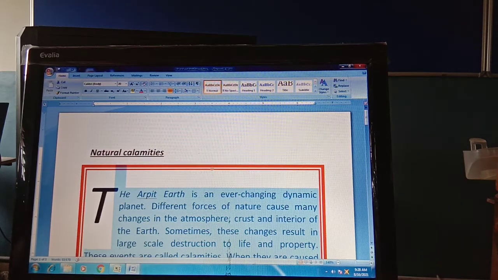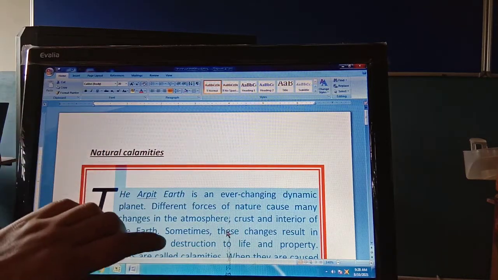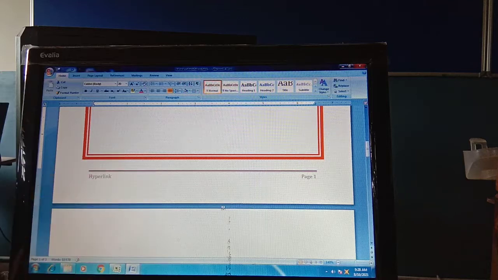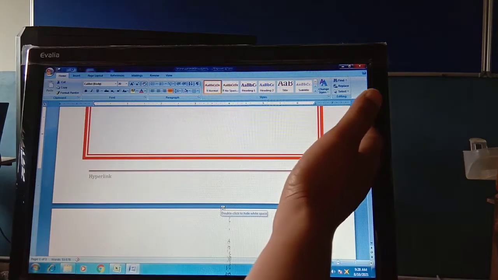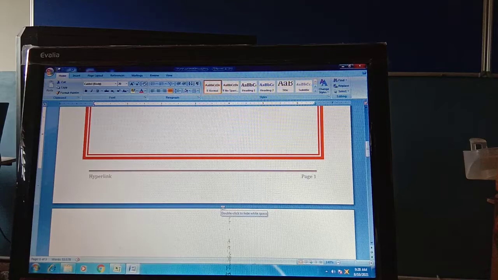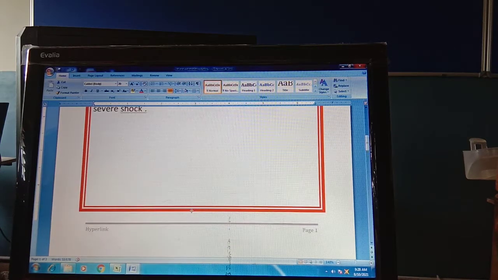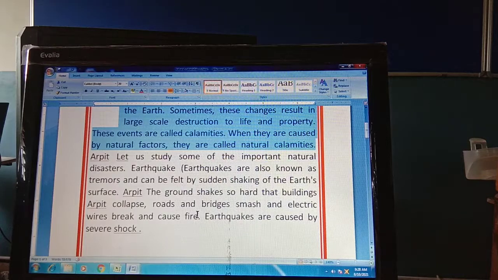The default top margin is 1 and the default bottom margin is 1, and from left also 1, and from the right also it is 1. So these are the margins, but you can also set your margins according to your need.